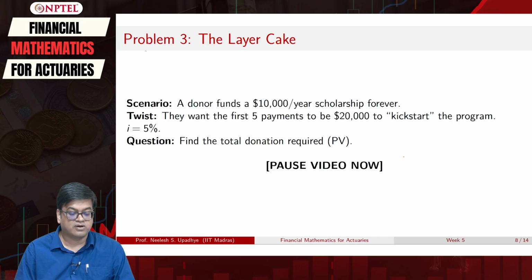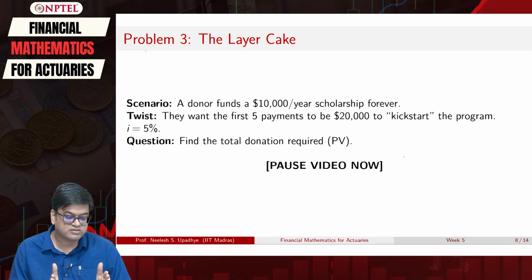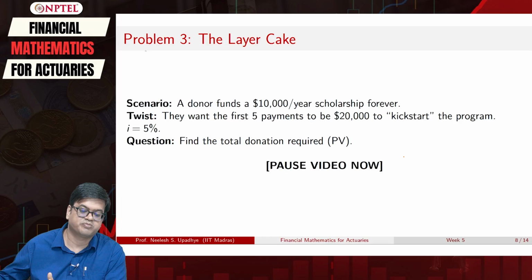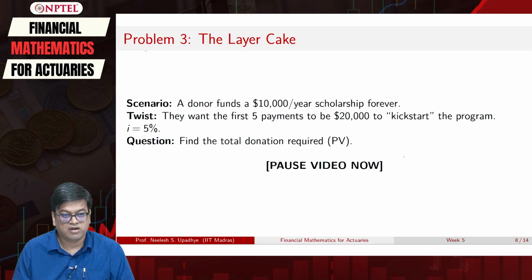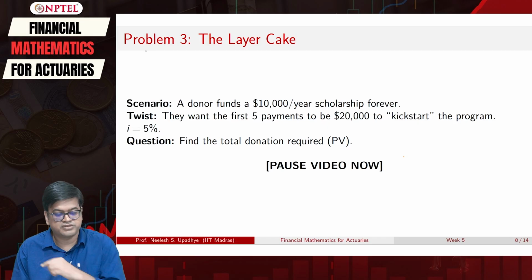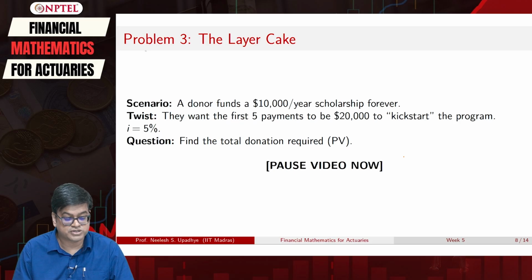Okay. So, how will you see this? You can either see this as a 5-year 20,000 annuity, and then after 5 years this will be converted into a 10,000 perpetuity. That is one way, or one intelligent way of handling this is you can have one perpetuity which is going for 10,000 forever and another one which is going for 5 years. You can have both options. Now pause the video, try to solve the problem, and on the other side I will show you one solution.